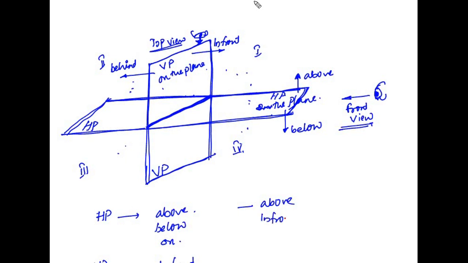For example, just to understand these quadrants, let us say the object is above the horizontal plane and in front of the vertical plane. Above the horizontal you have two quadrants, first quadrant and second quadrant. So the first condition is over, it can be somewhere over here or somewhere over here. The second condition is in front of the vertical plane, so that means this is the position of the object. In such a condition, this is the first quadrant.